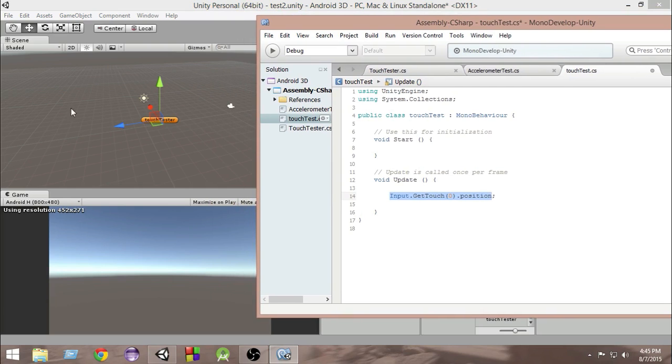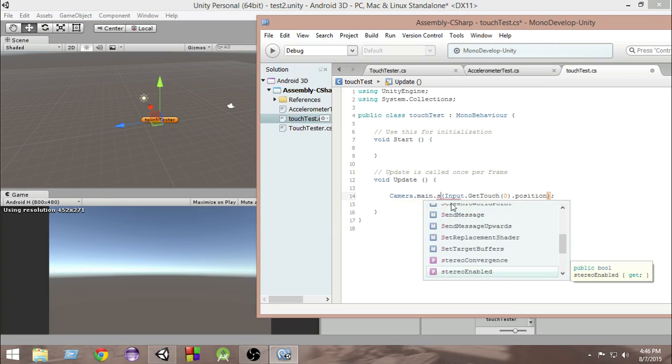But the problem is, if we want to cast a ray from the camera to this position, then we have to convert this position to a ray. There's an inbuilt function of our camera that can convert this to a ray. So in order to convert this touch position to a ray, we have to write Camera.main.Screen